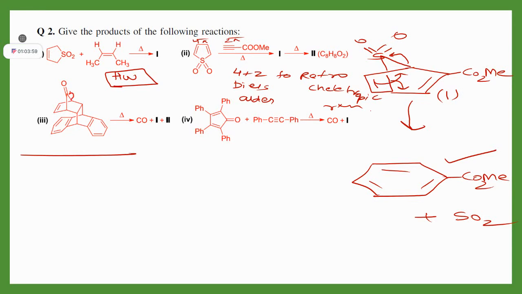This bond is going to go there and this is going to come here, right? So if we draw with extrusion of your CO molecule,